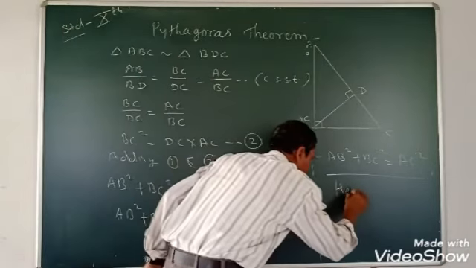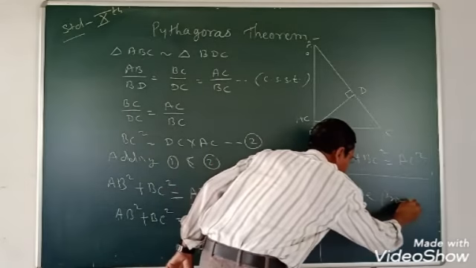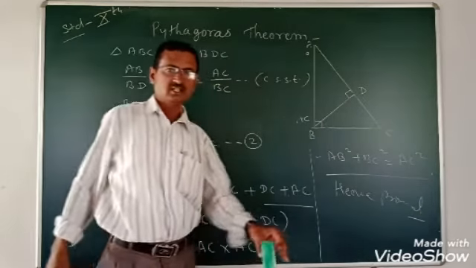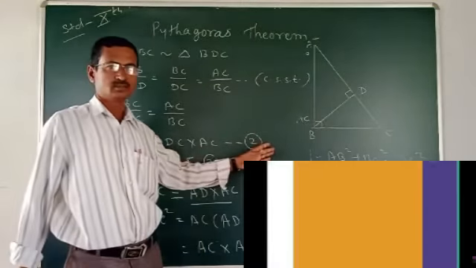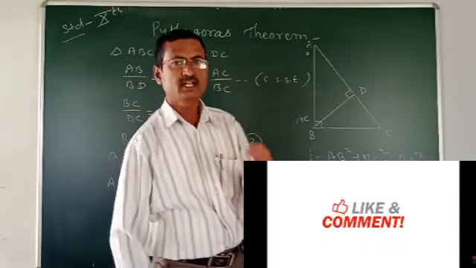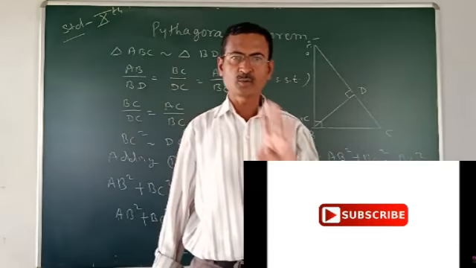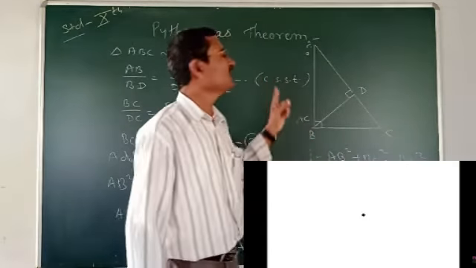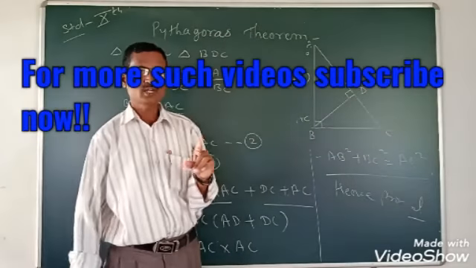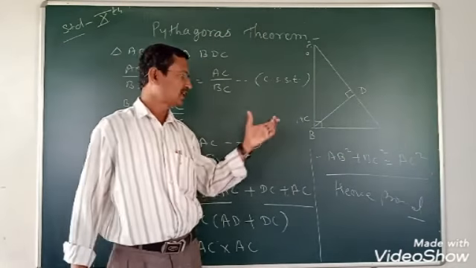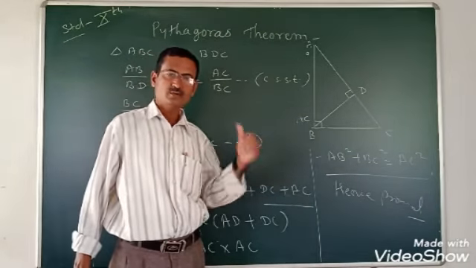It is called the proof of the Pythagoras theorem. In this way you have to solve this theorem. If you solve it this way, you will get a total of 4 marks in the board examination, and this theorem is very important. Students should always learn this theorem and be able to prove it. Okay, wish you all the best.